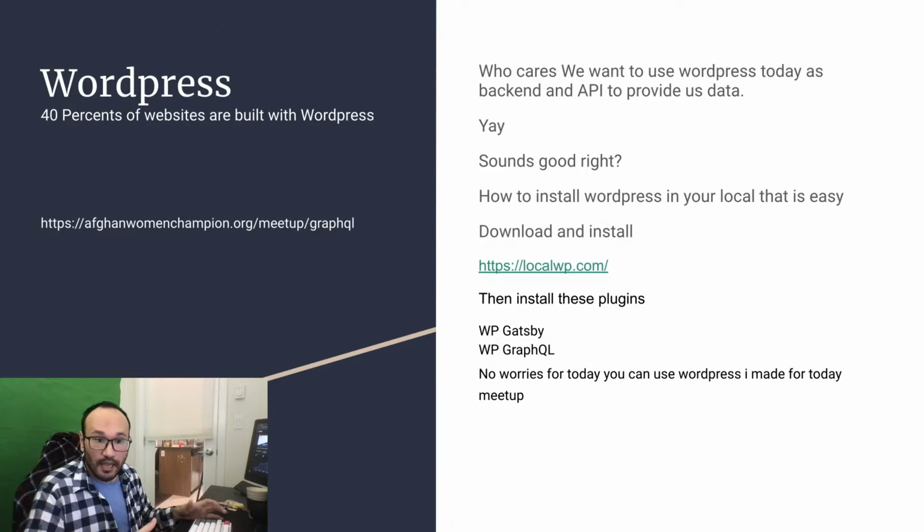As a developer, personally I don't like to use WordPress, but one thing is that WordPress is very advanced. You can use it as a backend. How? You just enable GraphQL or REST API on your WordPress website, and then you call it from your front end to get the data and load it in your custom front end on top of any framework you like. We go that way very soon, so don't worry about that.